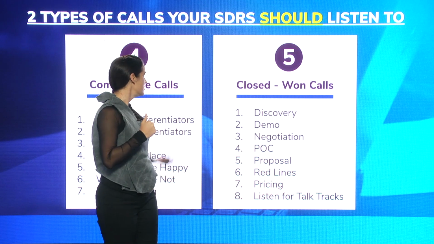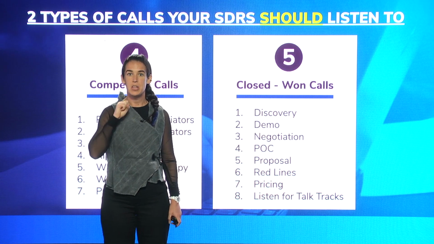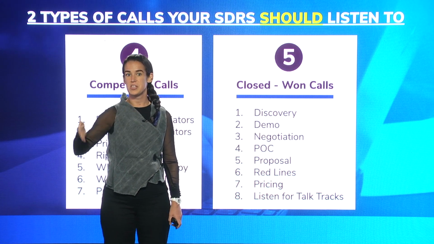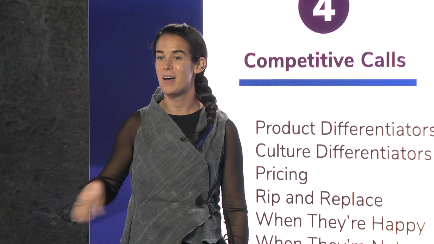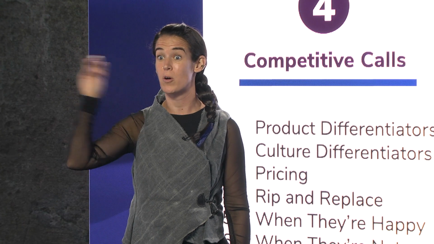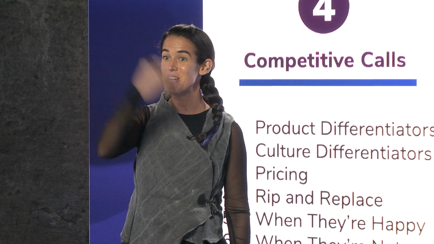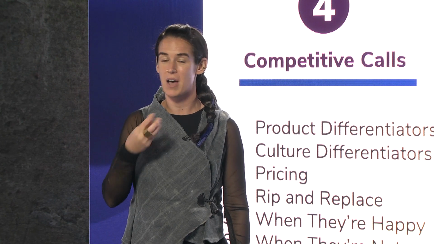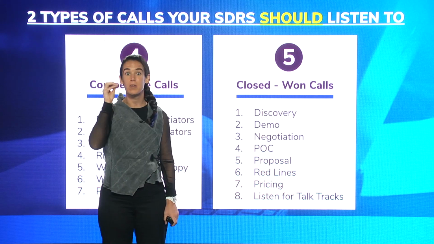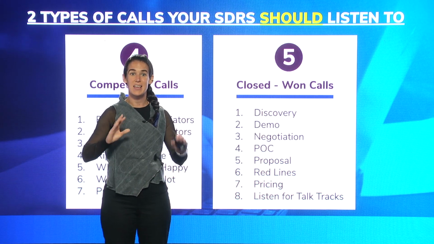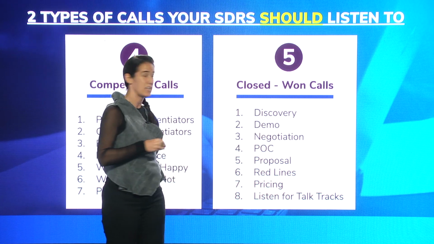So for closed-won calls, I put discovery, demo, negotiation, POC, etc. But you want to listen to all of the different stage calls that led to something being successful. Oftentimes when people in the MLB, for instance, are doing some kind of regression analysis, they want to understand what made them win the World Series, which exact variable had which course of action on the deal. Then it's like, okay, I want to narrow it down to what are the things that cause conversion so that I can implicate those into all of the deals that aren't resulting in closed-won.